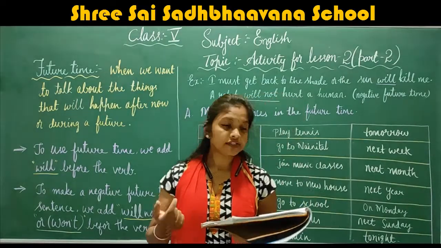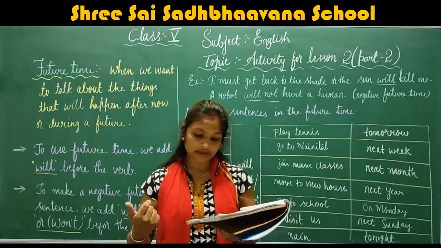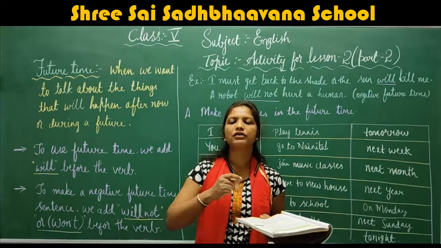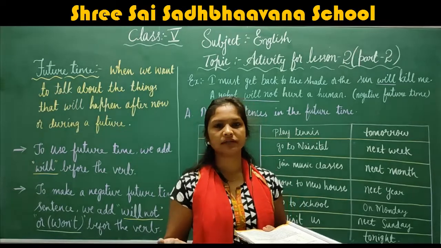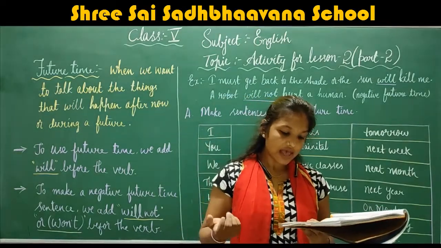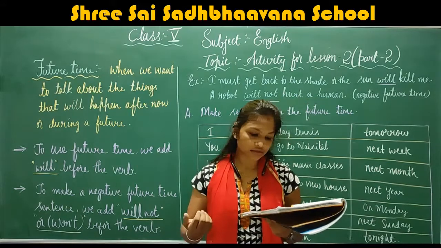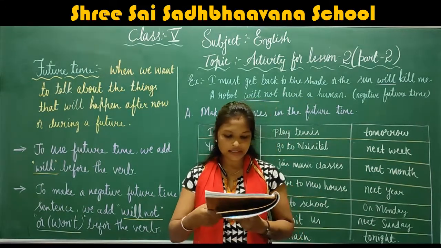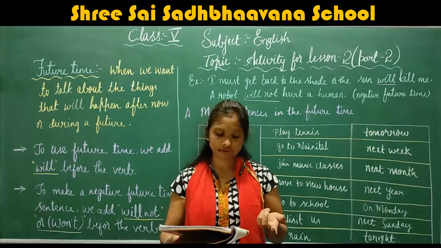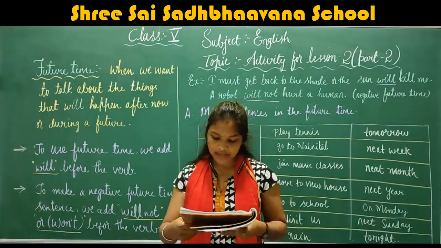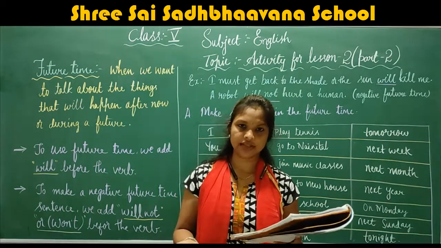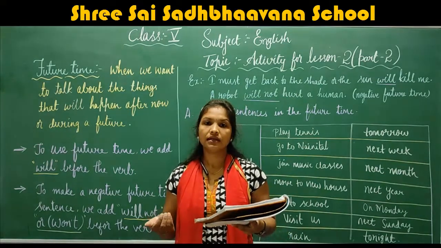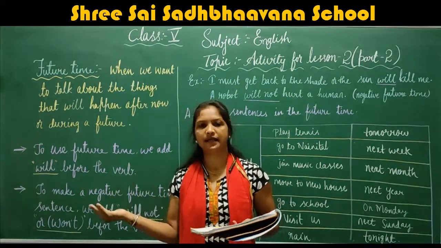For example, here, the first one they have already done. Now next, him to a competition in a nearby city in the coming month. So here we can say, if Golda is ready, Anna will take him to a competition in a nearby city in the next coming month. Okay, now Anna imagines the upcoming competitions. Instead of imagines, we can write Anna will imagine. Will imagine means that it is future time.